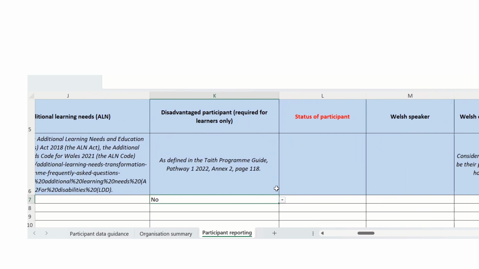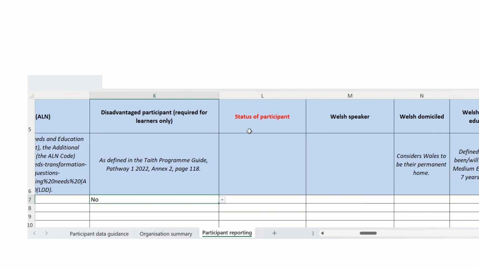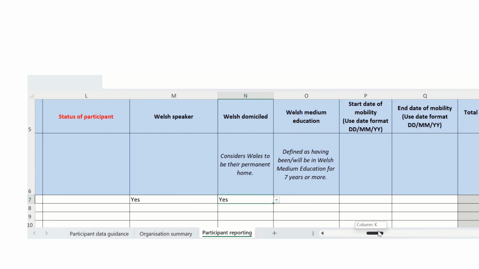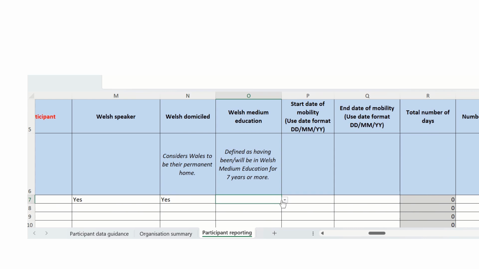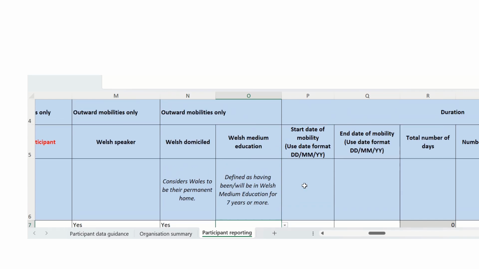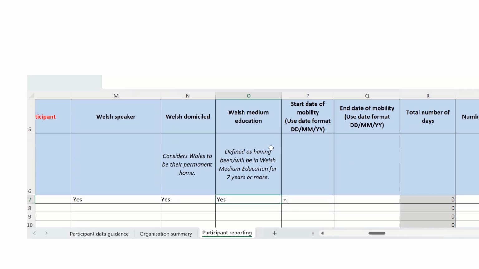As this staff, they wouldn't qualify for disadvantage support either way. Status of participants wouldn't be relevant in this case, so I can disregard this. The member of staff is a Welsh speaker. They do consider Wales to be their permanent home. And they did receive Welsh medium education.